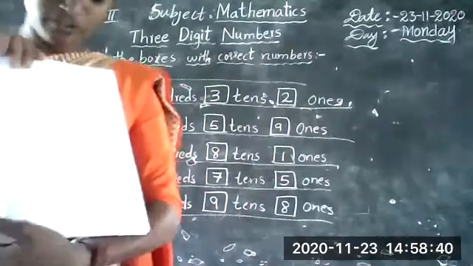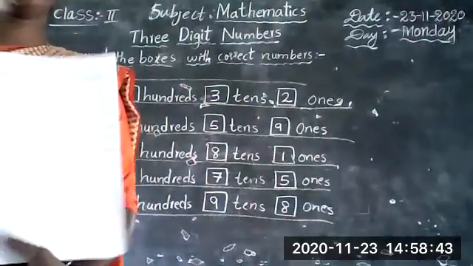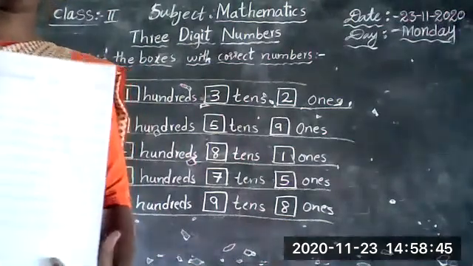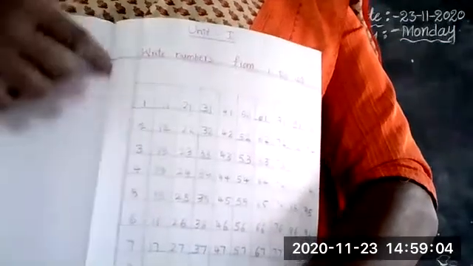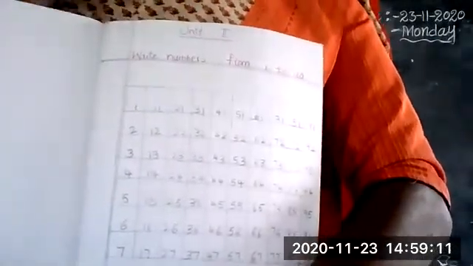Okay. So now I'm showing one pen notebook. You also write like that only neatly. Today I will give only one page. You will write neatly. See here. Unit 1. First one is Unit 1. And you must draw margins. Now you first draw side line and bottom line also. See this one. First you draw margin. After then you will write the numbers.